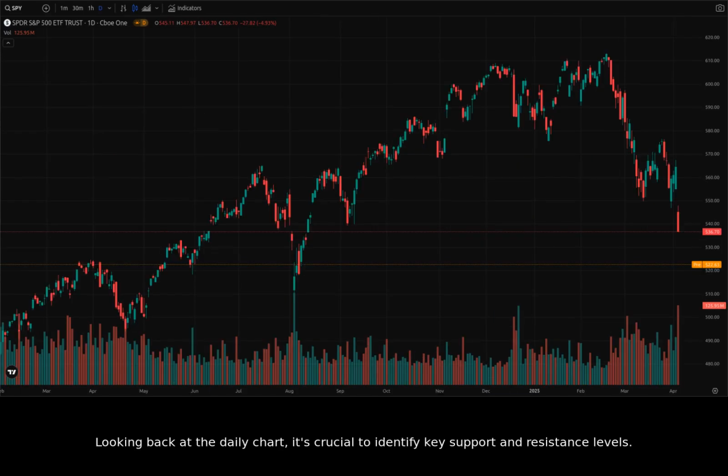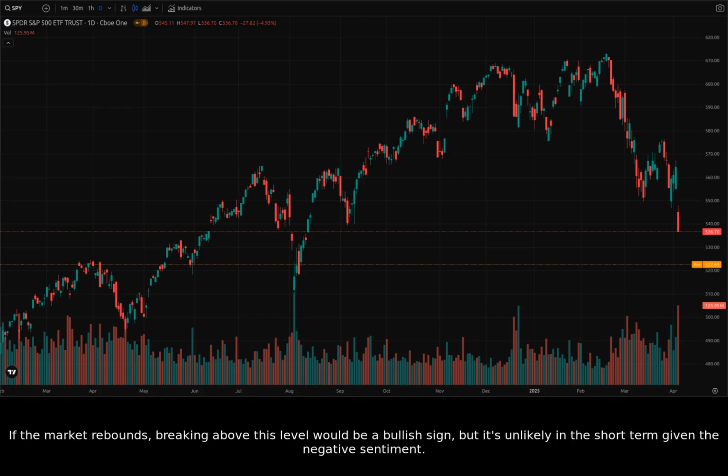Looking back at the daily chart, it's crucial to identify key support and resistance levels. A potential support level lies around 536, which acted as support previously. However, given the strength of today's sell-off, this level may not hold. On the upside, immediate resistance can be found near 545, the opening price from yesterday. If the market rebounds, breaking above this level would be a bullish sign, but it's unlikely in the short term